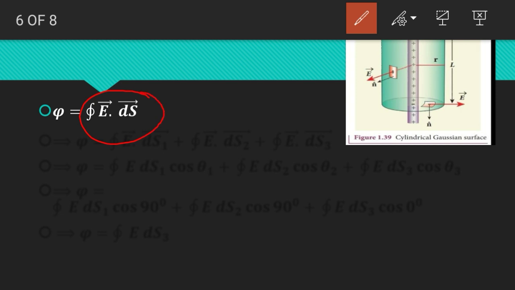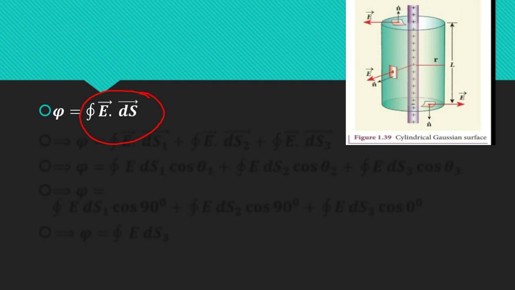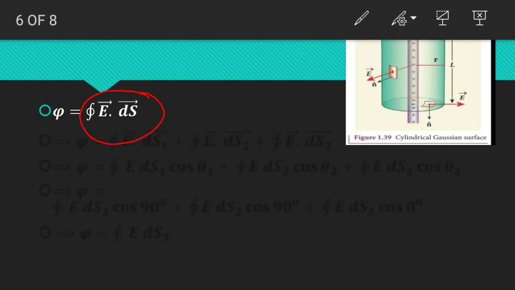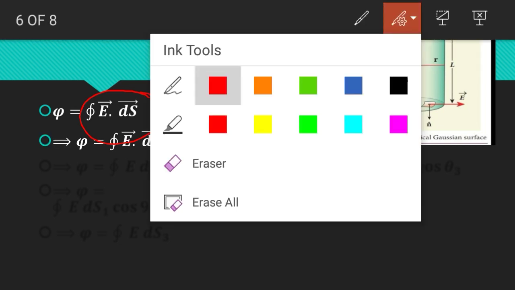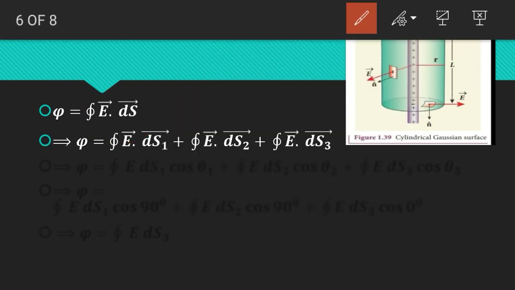Now our Gaussian surface is a cylindrical surface. In a cylindrical surface there are three types of surface that you see here. There is the S1 surface, S2 surface, and S3 surface: two plane ended surfaces and a curved surface. To make this integration simpler, we shall split this into three types of surface. We shall separately do the integration for the three surfaces, that is S1, S2, and S3, right? So we are splitting this integration into three parts: S1, S2, and S3.